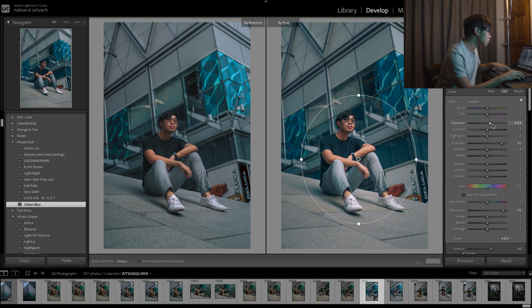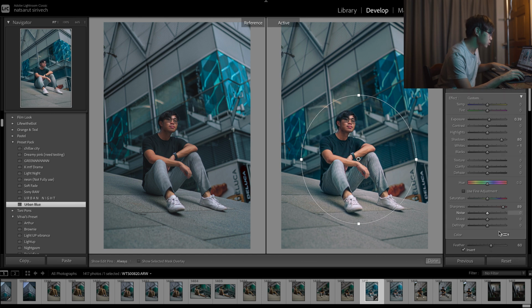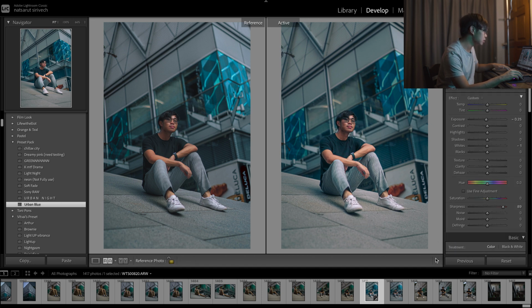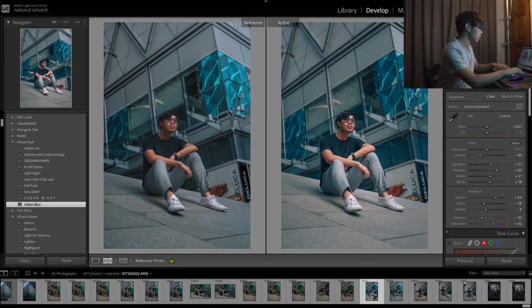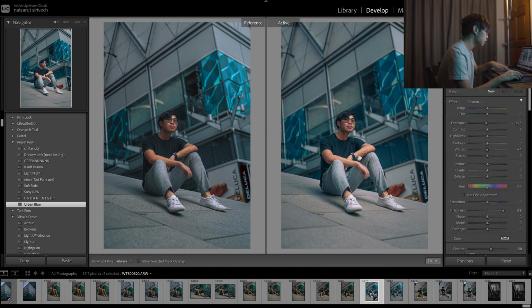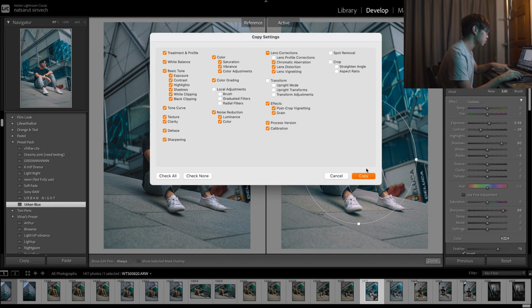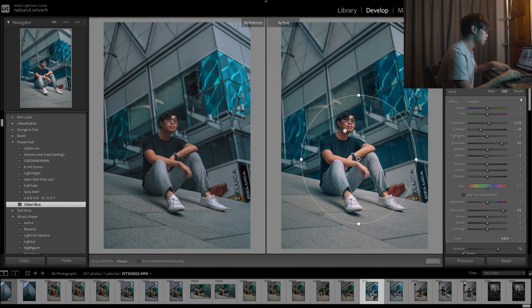the exposure. Oh, it's too much. I'm gonna increase some feather, and then I'm gonna pull up the blacks. Oh wait, put down the blacks a bit, and then pull up the whites so it's a bit brighter, and take out all the contrast, and that's pretty perfect. Look at that. Then we're gonna do the same, but wait, I'm gonna make another radial filter.